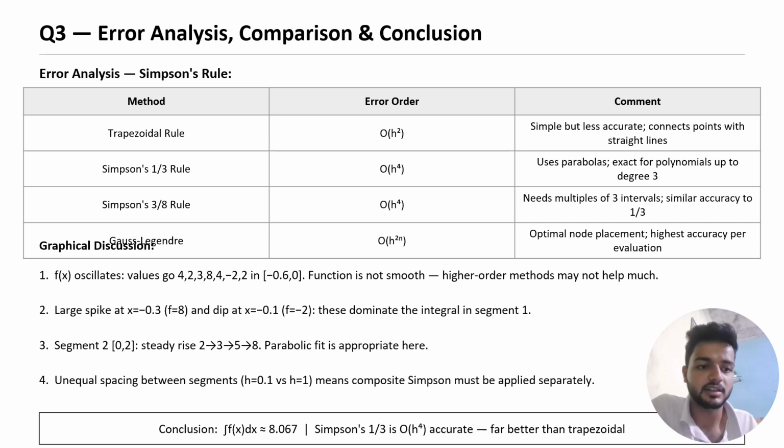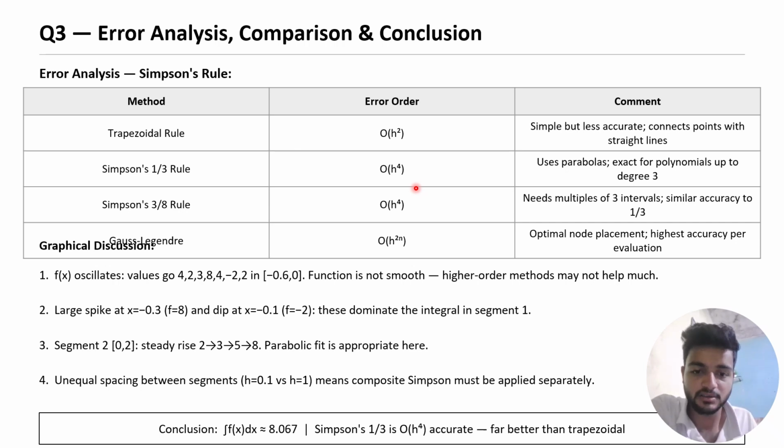Error analysis: trapezoidal rule, error order is h squared. Simpson's rule, error order is h to the power 4. Simpson's 3/8 rule gives error 3h to the power 4. And graphical discussion: f(x) oscillates, values go from 4 to 384 minus 2 to